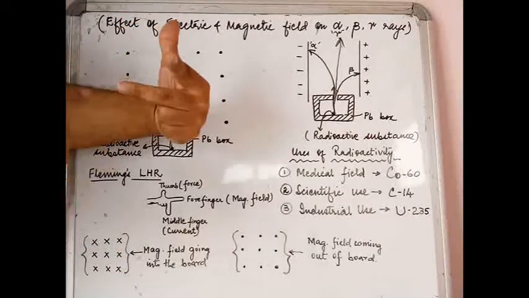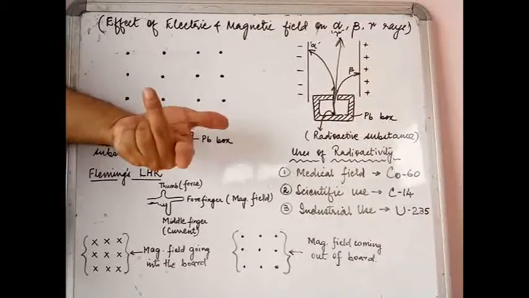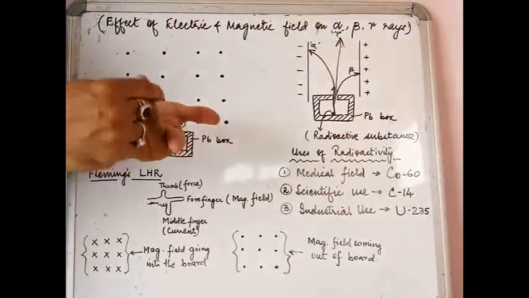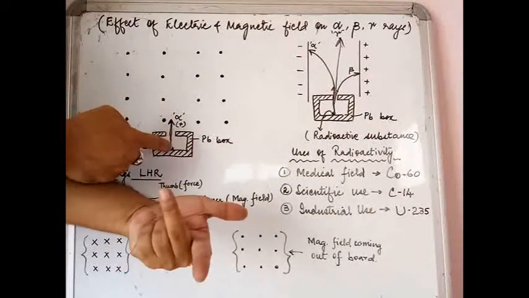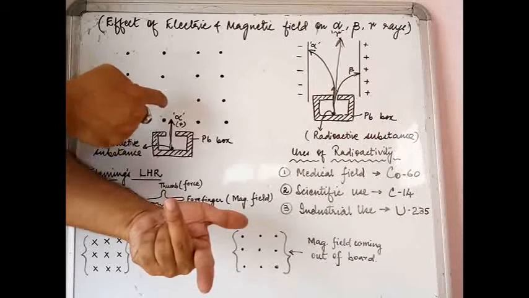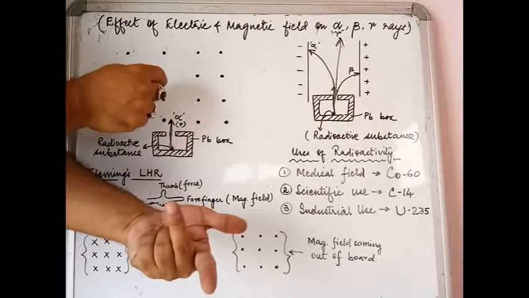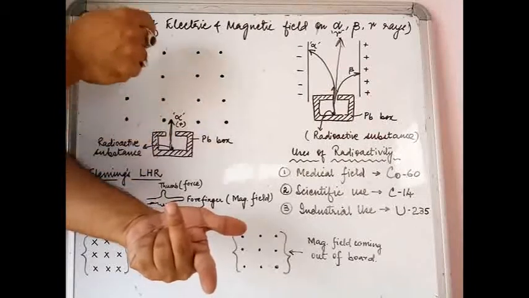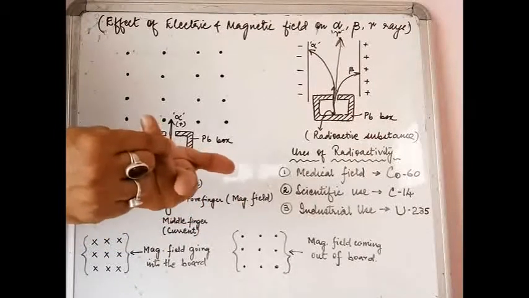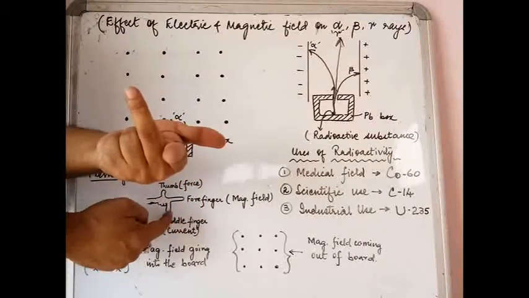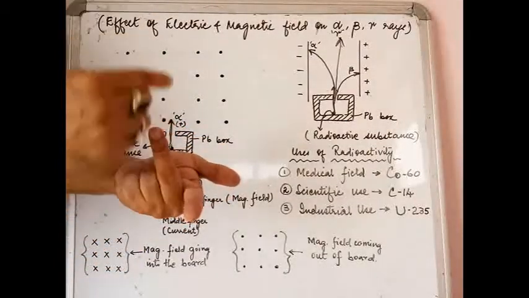Please have a look carefully, I am going to turn my hand like this, so that now my middle finger is pointing in the upward direction. You see, this is your alpha particle going up. Alpha particle is positively charged. So positive charge going up means current is going up. Therefore I have held my middle finger. Why middle finger? Because middle finger shows the direction of the current. So the middle finger is going to be set up in this particular upward direction.